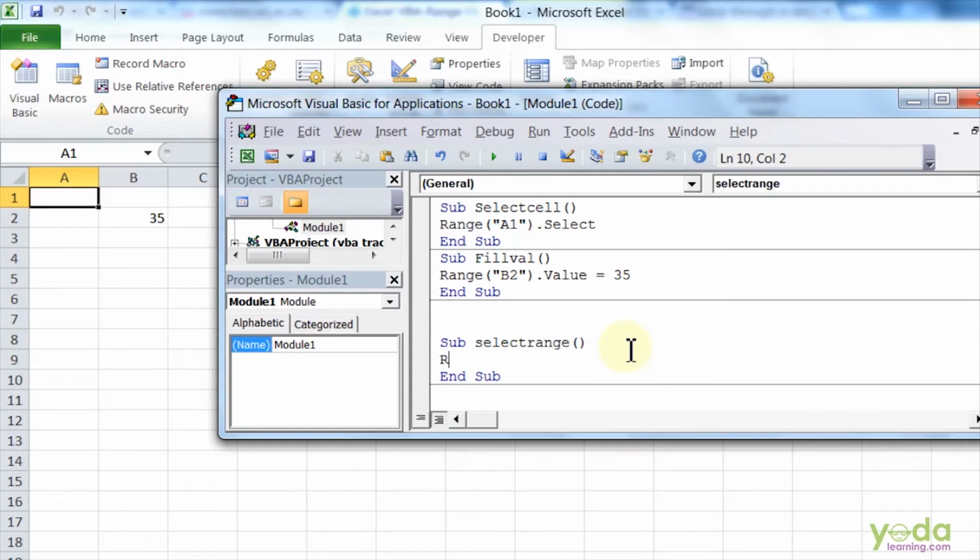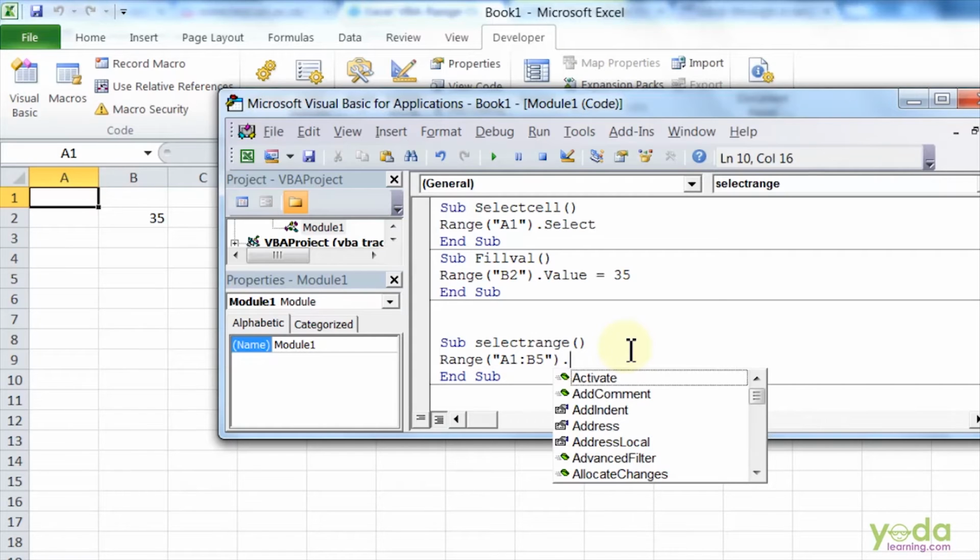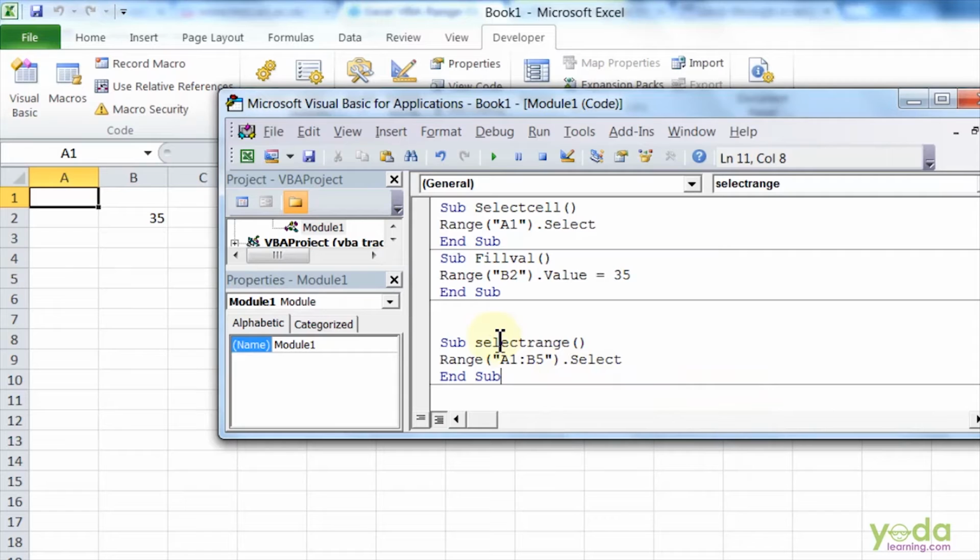I'll say Range, I'll open the bracket and give the reference of the cell A1 to B5. I'll close the bracket and say Select. So that's it. I'll run the code. This is how it has selected my range.